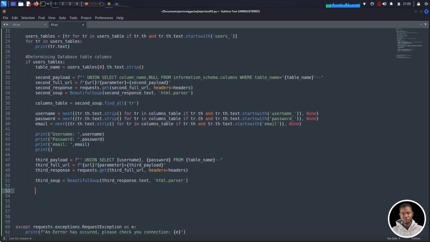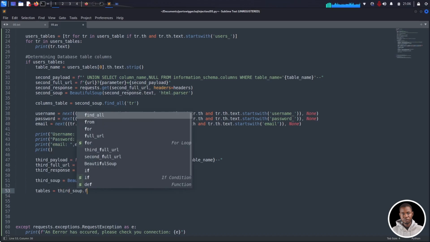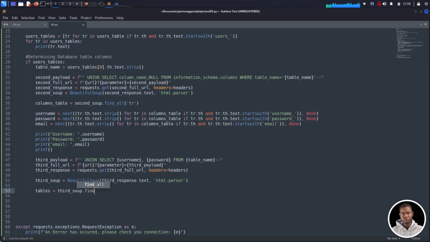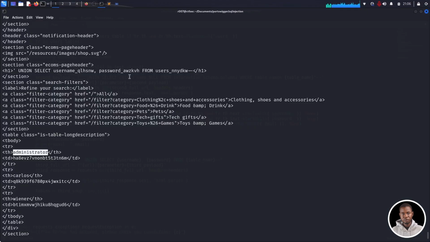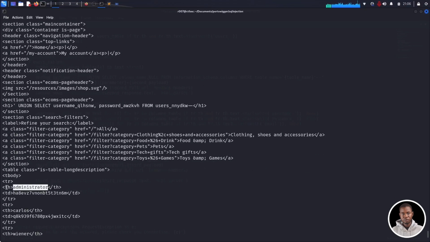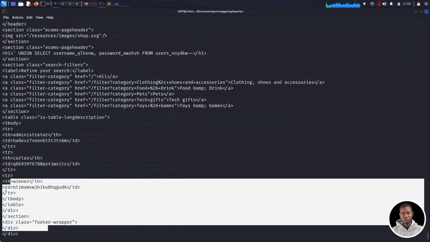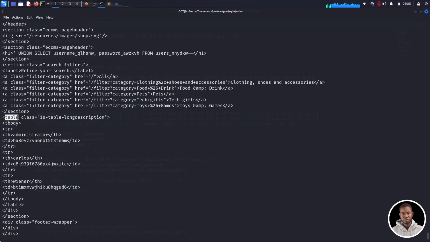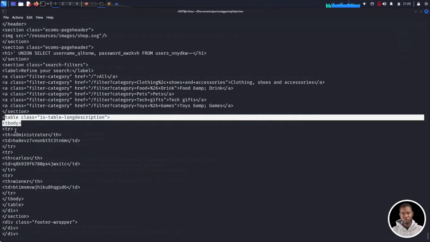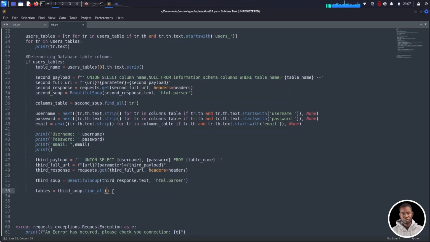You can say tables is equal to third soup dot find underscore all. So what are we finding? If you go back to the content that we have here, you can see that all these username and password are inside the table tag. So we can extract the table tag, then access the tr tag from the table tag. So go in here, we would have table,